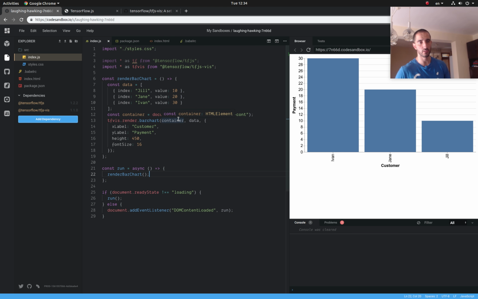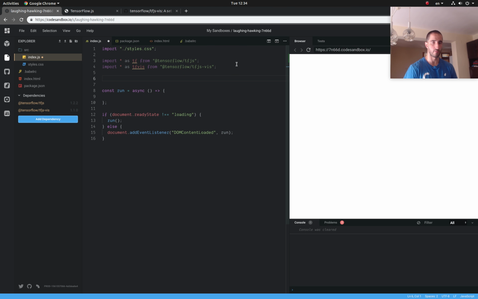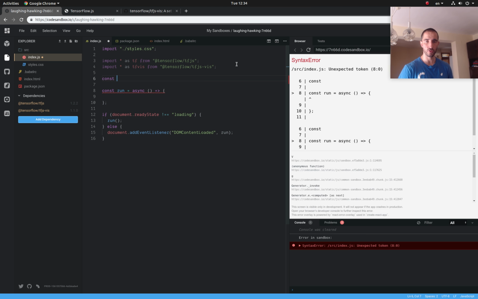In the tutorial that is going to be right below, including the source code, you can have a look at how to create a histogram and a scatter plot. But for now, I'm going to go to the creation of a simple model using TensorFlow.js. For that purpose, I'm going to write another function. I'm going to clear out all of this to just leave a space. That function name is going to be kg2pounds,